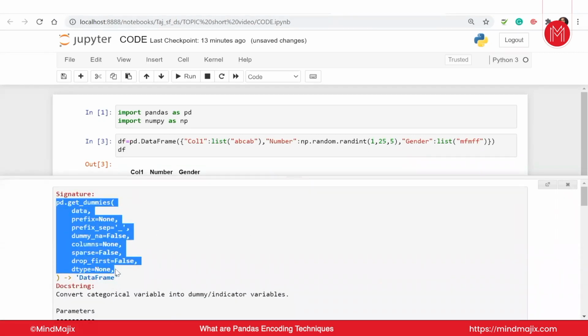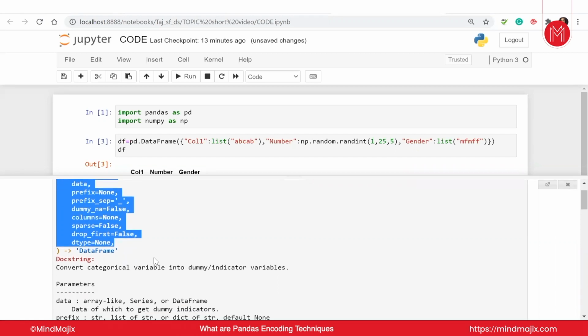Data, prefix, prefix separator, dummy_na, columns, sparse, drop_first, and dtype. If we have any value, we can use that as well. We can convert that to a dummy, and we have prefix, prefix separator, and so on. So these are the values that we have in the parameter part.